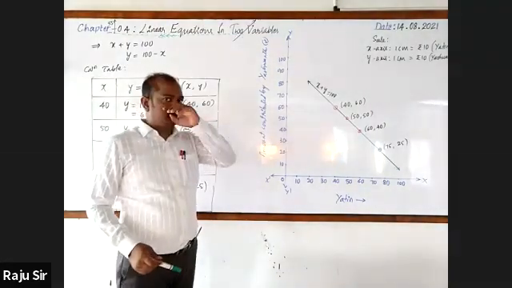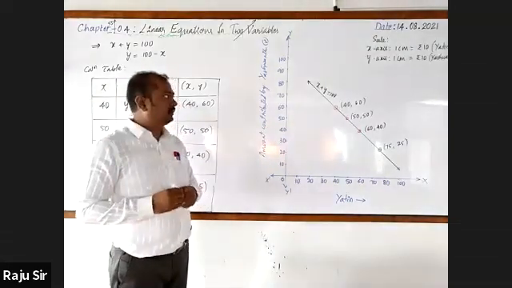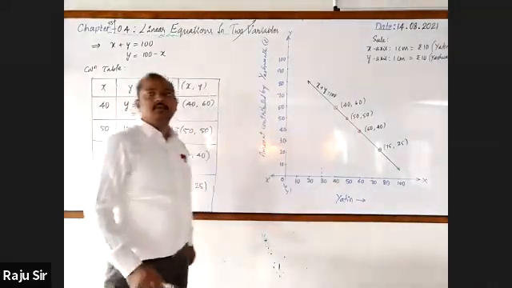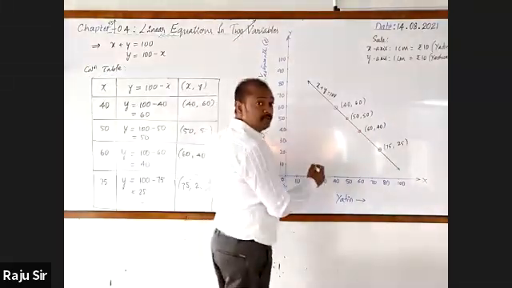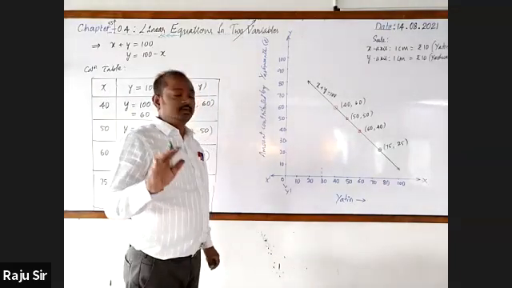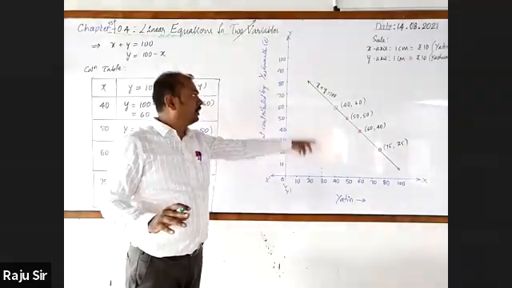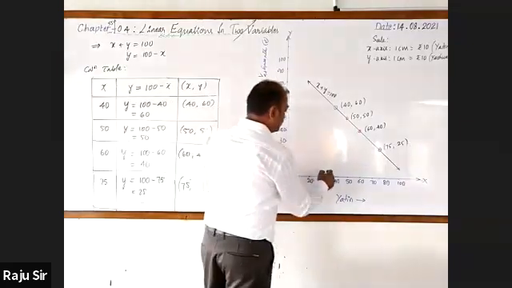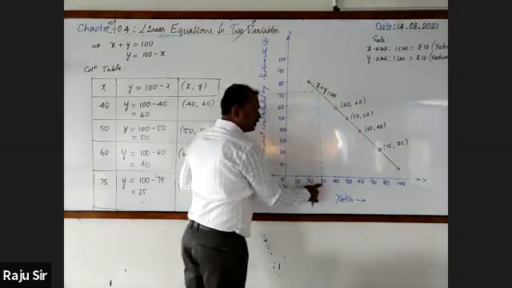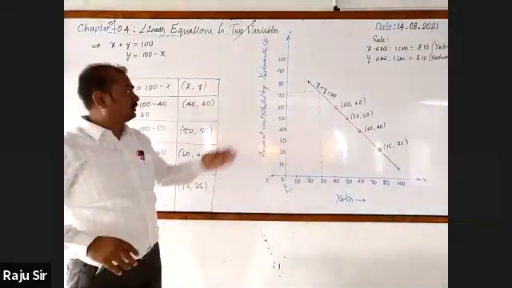Through the graph also, the amount contributed by each of these can be found out. Here, for example, if the amount contributed by Yatin is 30 rupees, it will be 70. It should be shown in the graph. Listen to me, you should not go for marking this. Here, I'm just showing you how the amount will be calculated using the graph. For 30, you draw the perpendicular. Amount contributed by Yatin is 30 rupees, then Yashwant will contribute 70 rupees.